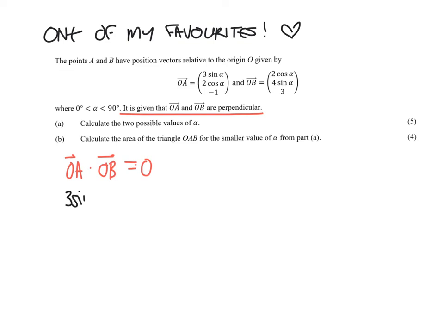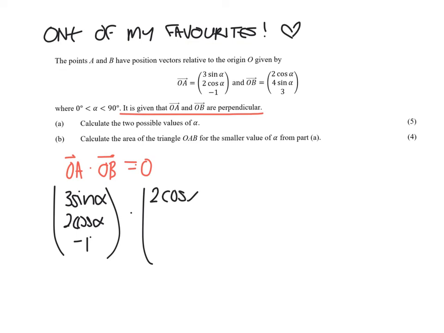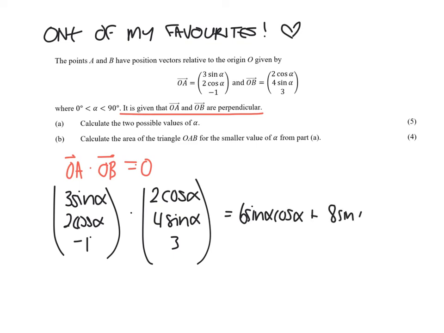So that's 3 sine alpha, 2 cos alpha minus 1 being multiplied, in the dot product form, with 2 cos alpha, 4 sine alpha, and 3. So hopefully that is something that you did. So that will be 6 sine alpha cos alpha plus 8 sine alpha cos alpha minus 3 equals 0. That gives us 14 sine alpha cos alpha